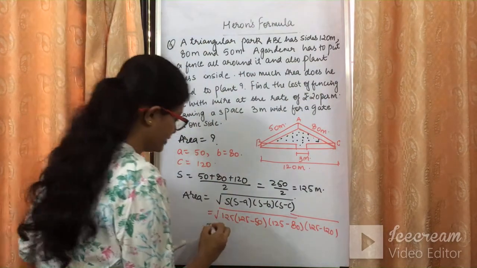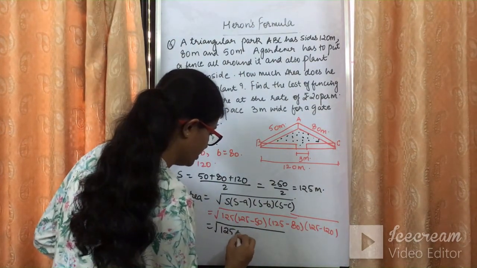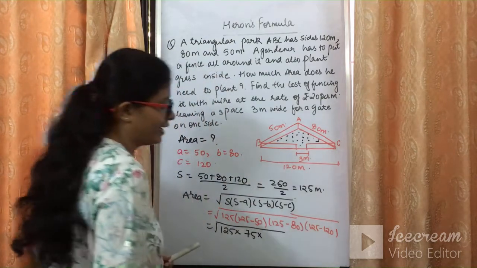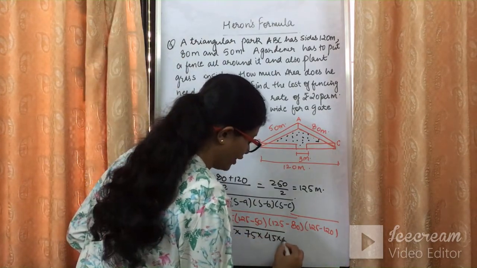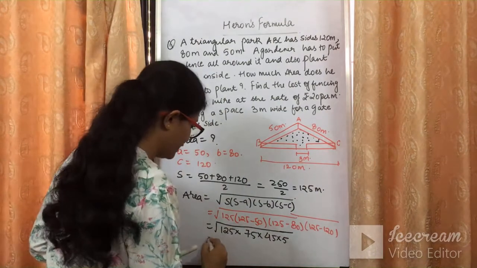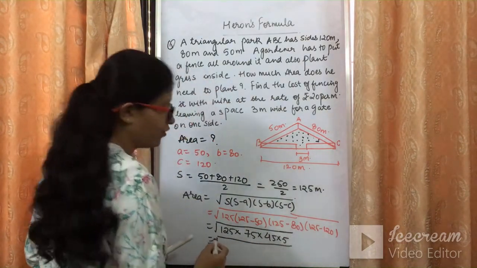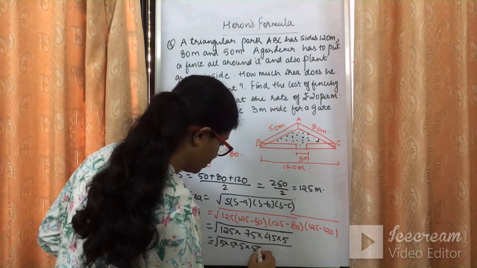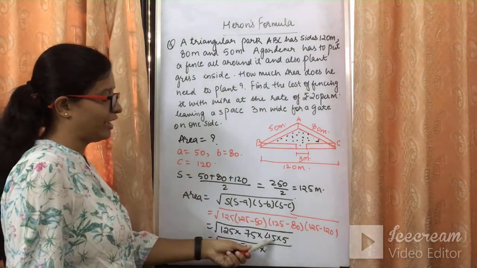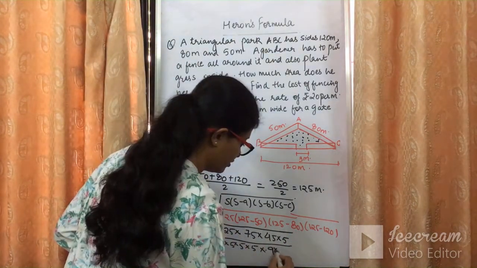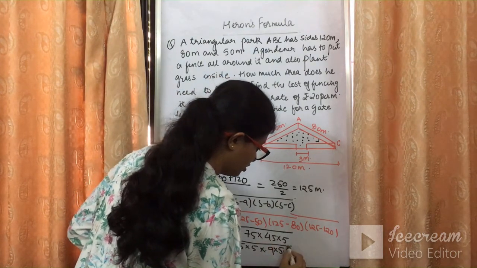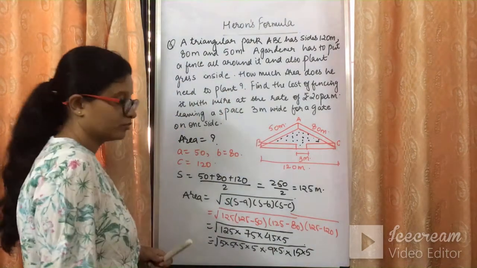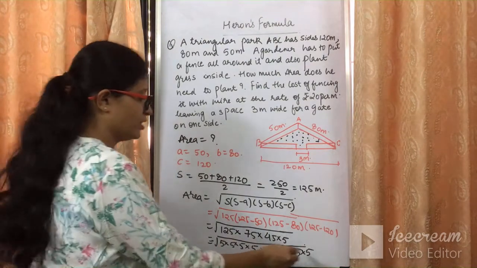So what we get in root is under root of 125 into 125 minus 50 will give me 75 into 125 minus 80 will give me 45 into 5. Fine. Just make the pairs and take out the pairs from the roots. So 125 can be written as 5 into 5 into 5. So 5 into 5 into 5 और ये वाला 5 मैं इधर लिख रही हूँ. Okay. Now the 45 can be taken as 9 into 5. And 75 can be written as 15 into 5. I hope this classification must be clear.